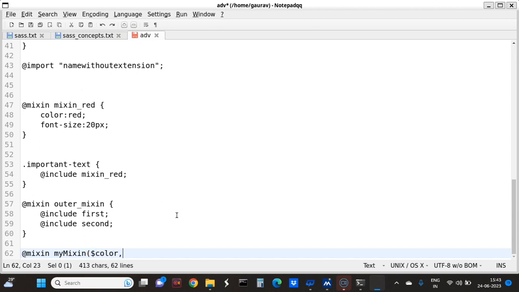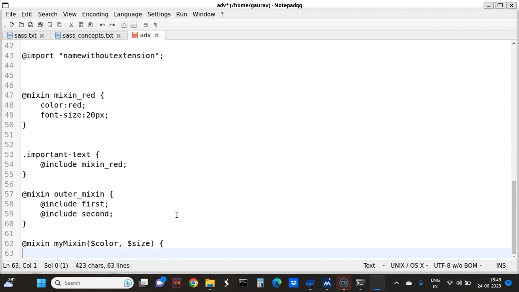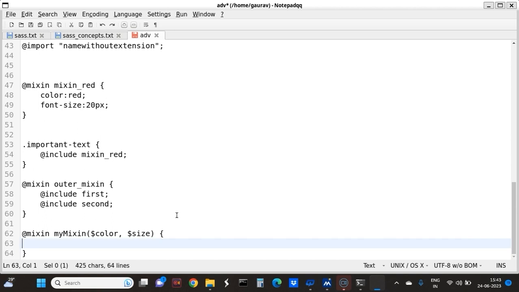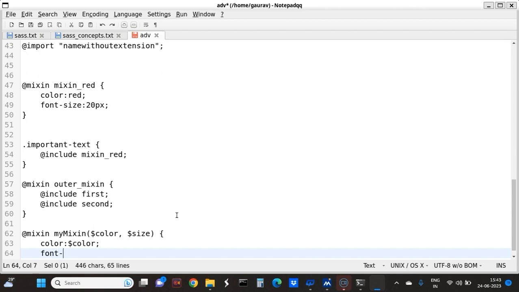After this again there is a dollar size, and I will just include in my mixin color is equal to color and font size is equal to size. So that is the mixin